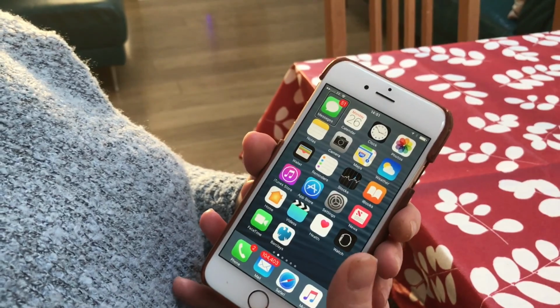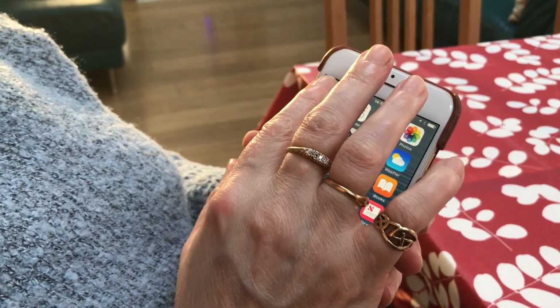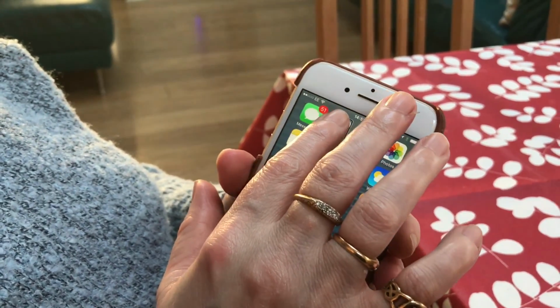On the iPhone, and the calendar is just one of them. So currently on the home screen, I've got messages at the top left of the screen, which VoiceOver's just told me, and the next app to the right of that is the calendar app. So I'm going to open that,